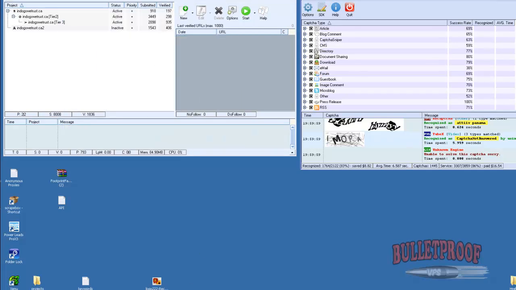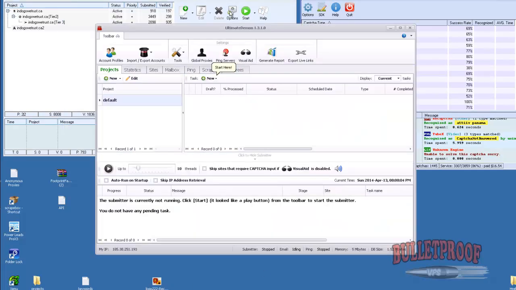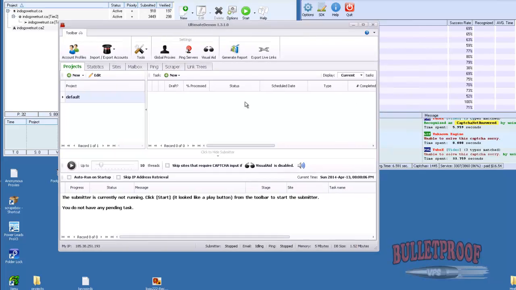So let's go up to one of the other major tools, Ultimate Daemon. Now this is another tool that we can be using for our site lists as well, when we take our base list from GSA Search Engine Ranker,